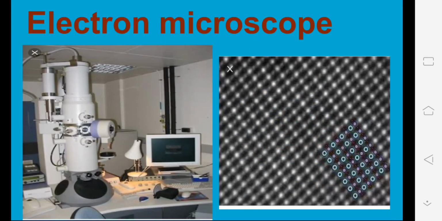Now, if you want to observe an atom, it is not possible to observe it with your naked eyes. So you need a particular type of microscope. The first type of microscope is the electron microscope. The picture of the microscope is seen over here, and the image of the atom, which can be seen through the electron microscope, is shown beside the machine. Usually if you want to watch any virus, then too you can use the electron microscope.